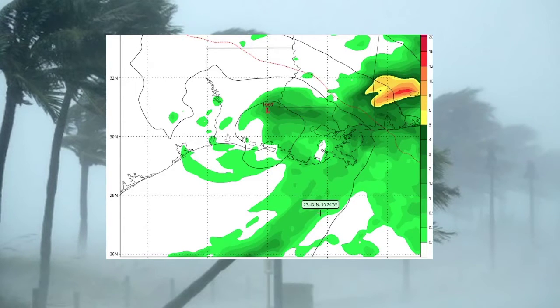So the GFS and Euro model are in large agreement here, with the persistent trough axis stretching across the northern Gulf Coast, from northeast to southwest. Forecasters with the WPC Weather Prediction Center predict that 4 to 5 inches of rainfall may fall today through tonight over deep eastern Texas and western Louisiana, northward to the I-20 corridor. There's increased east wind flow developing across deep eastern Texas this afternoon as Nicholas